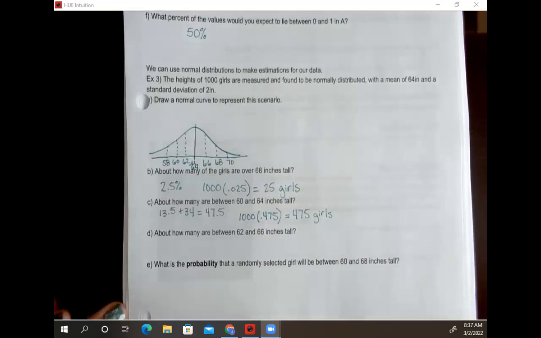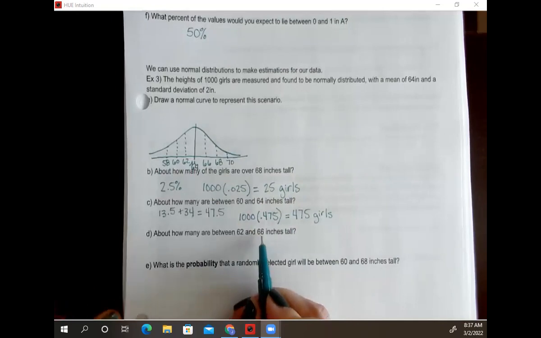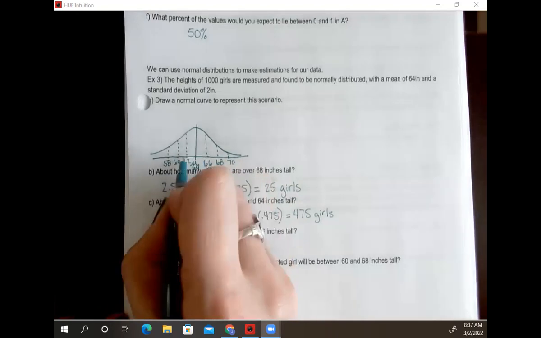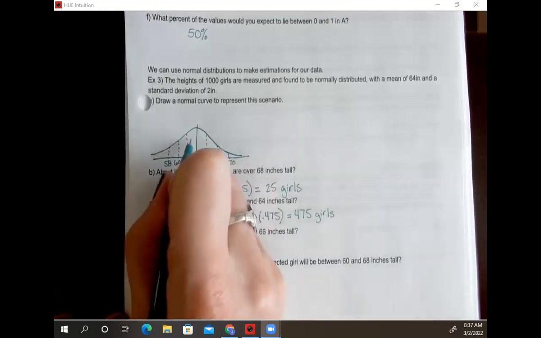D, about how many are between 62 and 66 inches tall. So 62 is here, 66 is here. I'm looking at either side, okay? 1 standard deviation below, 1 standard deviation above, within 1 standard deviation. This is, again, kind of similar to the margin of error problem that we looked at towards the beginning of our unit. So I know that this chunk is 34%